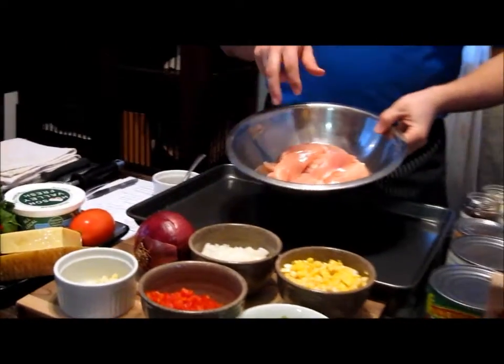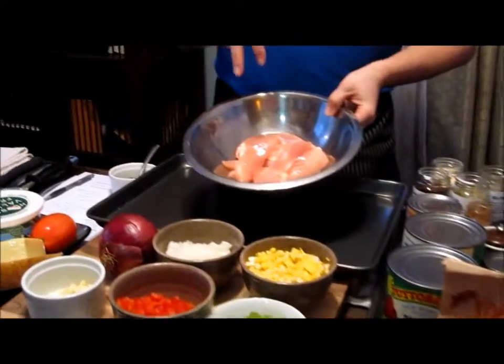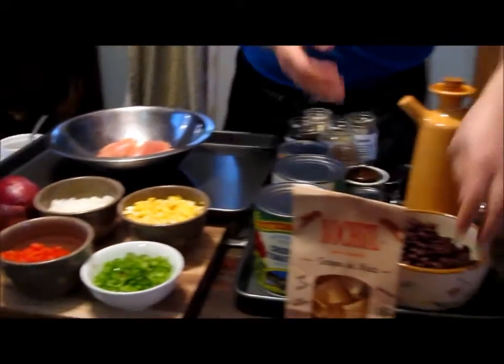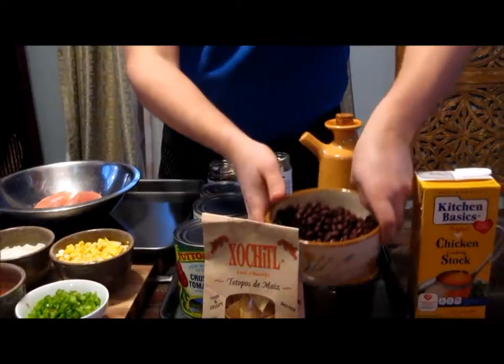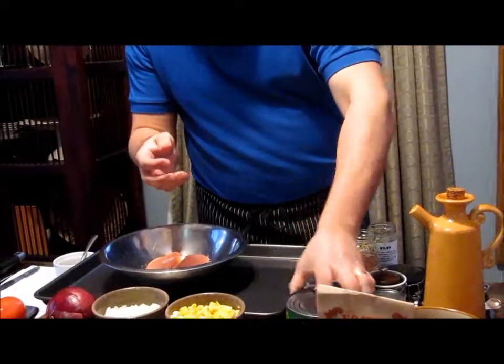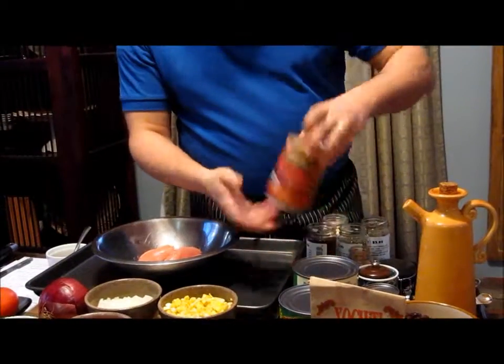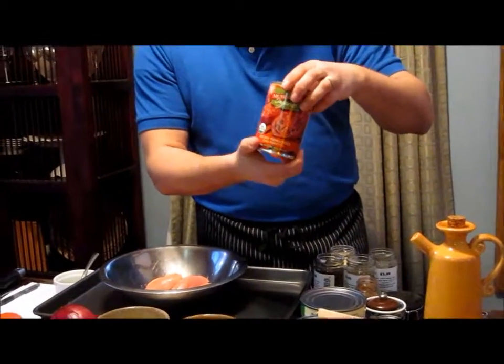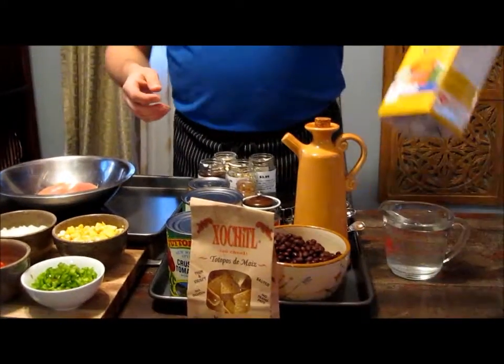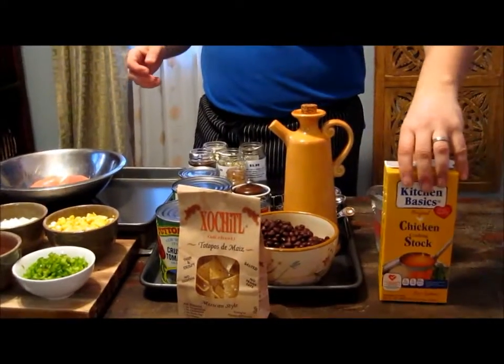We have about a pound of chicken. You can use chicken tenders or you can use chicken breasts. We have 2 cans of black beans. We have 1 can of crushed tomatoes. We have 1 can of diced fire roasted tomatoes, olive oil, salt and pepper, a quart of unsalted chicken broth,